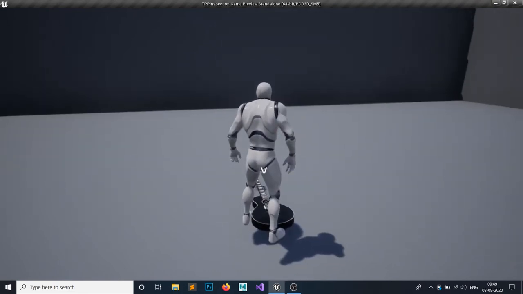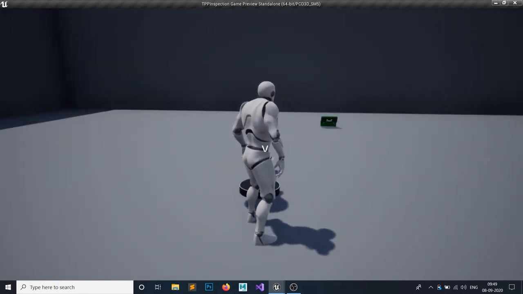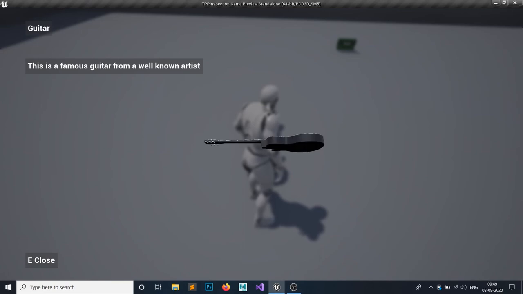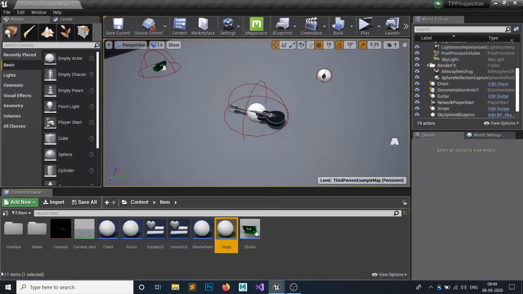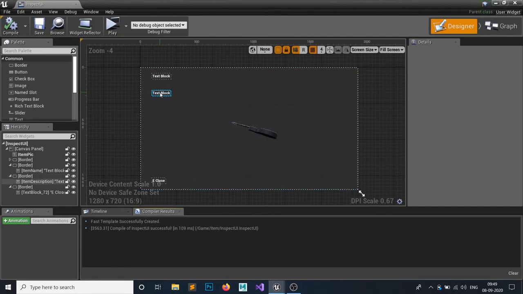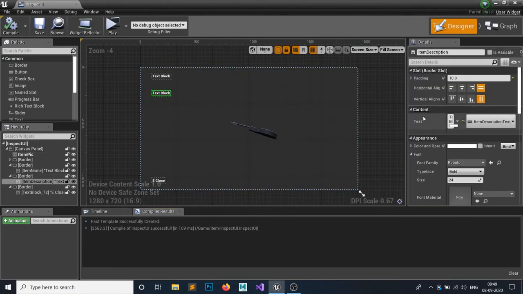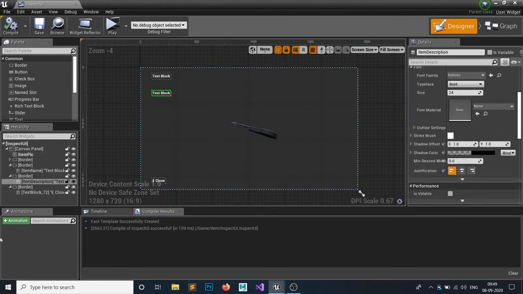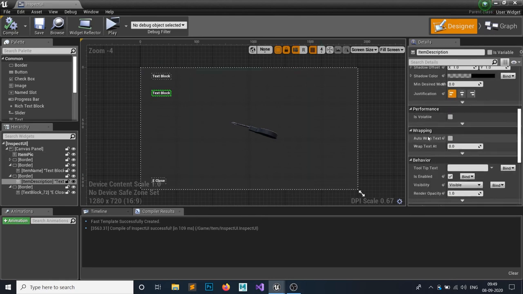So if we are being overlapped, this icon is showing, and you can see, okay, we have to do one more thing. On your inspect UI, you have to wrap this text, so it won't go this far, it will wrap up. So click on this item description text, and in your wrap you can see this wrap text at. So let's set it to 280.